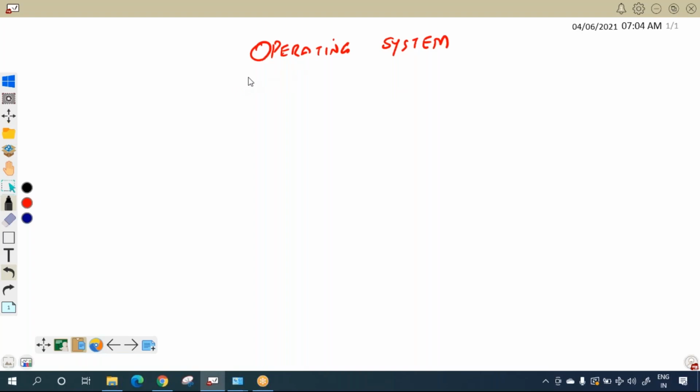So friends, the operating system has two flavors. One flavor is for home purpose, that is PC, which is also known as client, and the other flavor is for servers. So PC, our client operating system, is like Windows 7, Windows 10, and our focus will be on server level